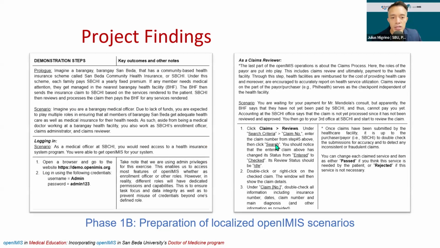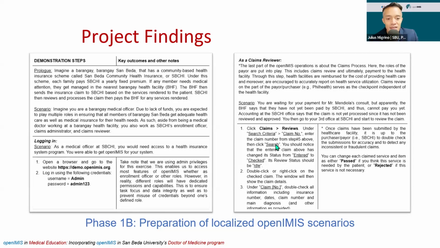Now, I'm sharing on screen a sample of the updated student guide. For each Phase 1B outcome, there is a general scenario which puts users into a role playing mindset where a short storyline is provided as a general scenario. Now, in a nutshell, the scenario assumes that our users in this case, medical students, are already general practitioners working as doctors, as well as openIMIS users as part of their work, hypothetically in a community health insurance organization called